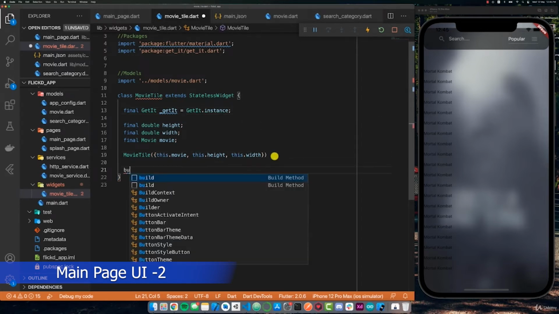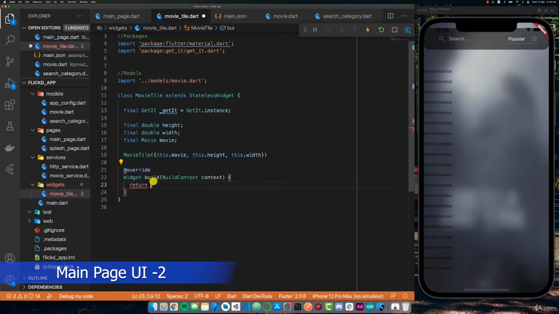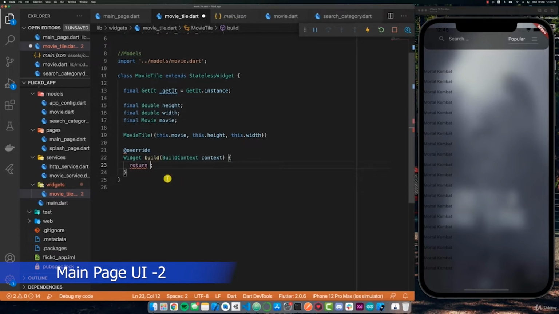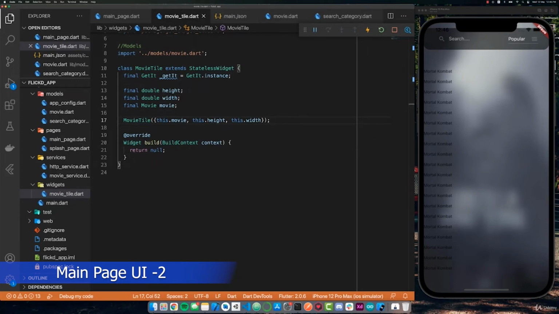Finally, we're going to create the build method, which is why we're getting this error here, because it expects us to implement the StatelessWidget.build method. So I'm going to do that, and now we have the actual build method in place, and then I'm going to return null for now. Do Alt-Shift-F, Command save, and we forgot a semicolon here, so do Command save. So now that we have this, we're ready to actually start building our